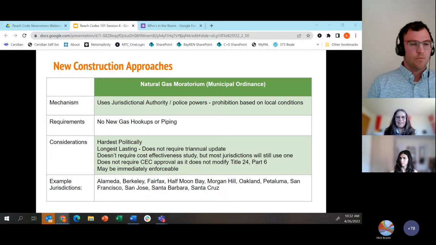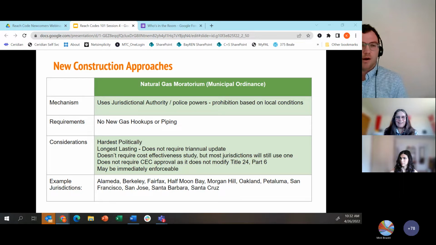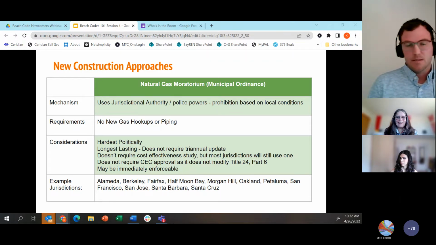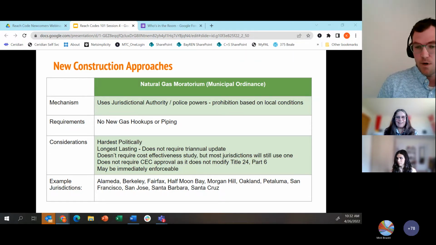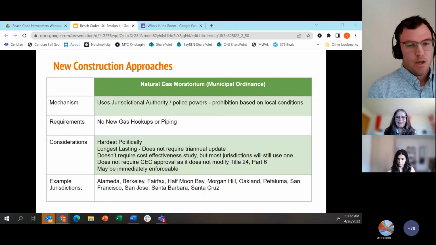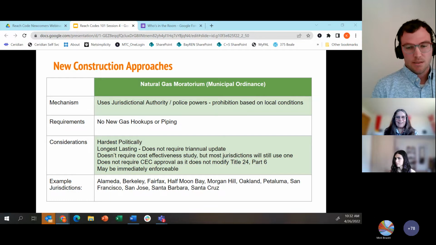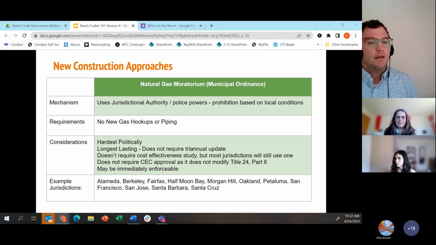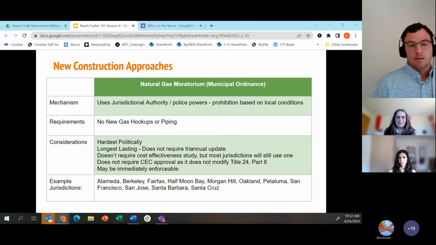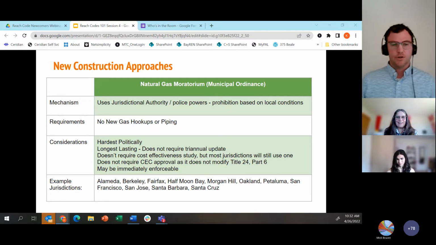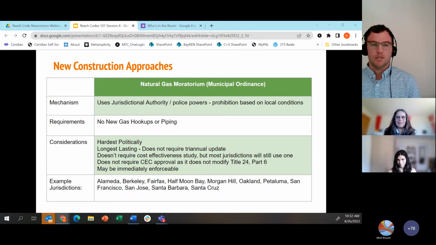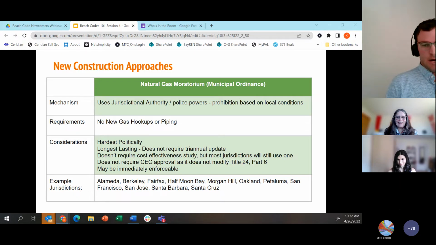And as we've mentioned, this approach does not require CEC approval, as it doesn't modify Title 24 Part 6, the Energy Code. And lastly, this approach, because it doesn't have to go through the CEC, may be immediately enforceable. And I put some examples of jurisdictions that have gone this route up here on the screen for your reference.